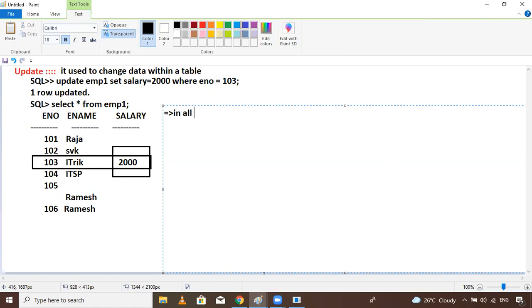In all databases, not related to Oracle, in all databases, if we want to insert data into a particular cell, then we must use the update command.